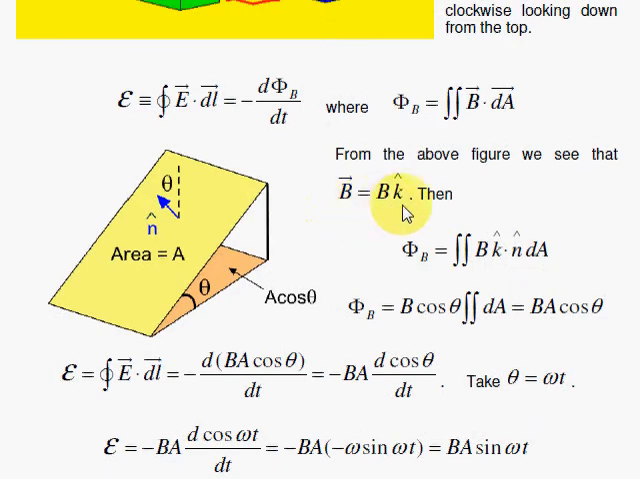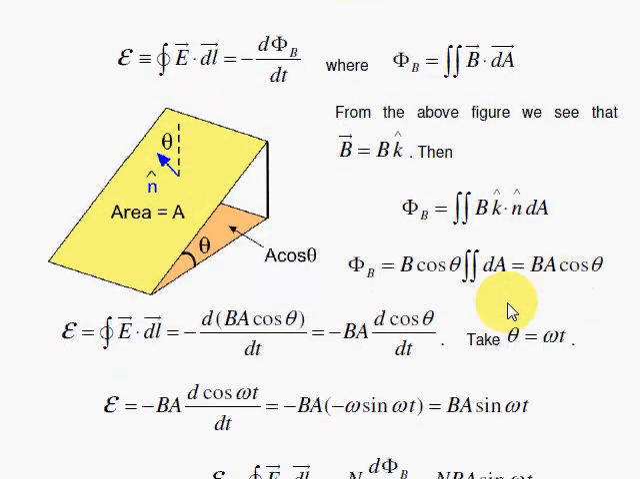The B vector is B k hat, and this A vector for the dA for the area has a little n hat, and k dot n hat gives you that cosine theta, and then you have BA cosine theta. So that's the situation for your magnetic flux, and then you take your derivative, and then the simple case here,